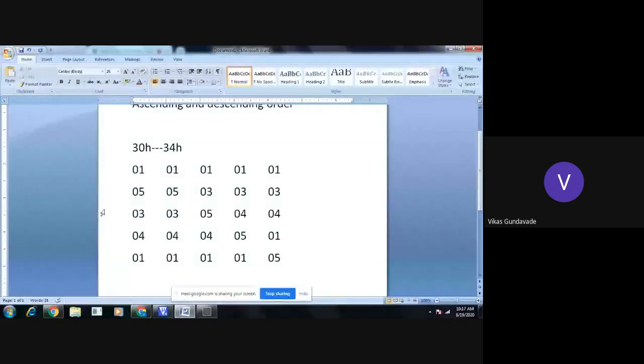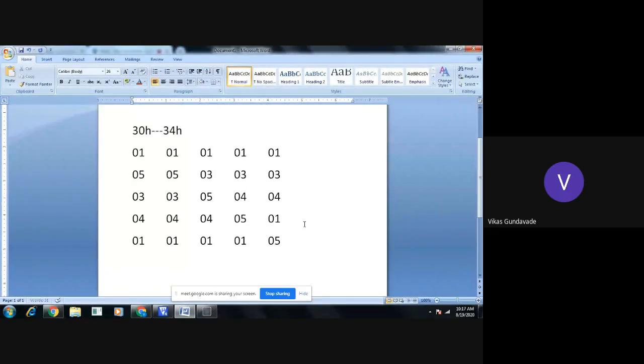Now after making these 4 comparisons, are all the numbers arranged in ascending order? No. So again we need to follow the same process of comparison for the first two numbers, then the second and third, then the third and fourth, then the fourth and fifth, and so on. So how many times do we need to make the comparisons? The number of passes will be equal to the count, or the number, of the array.